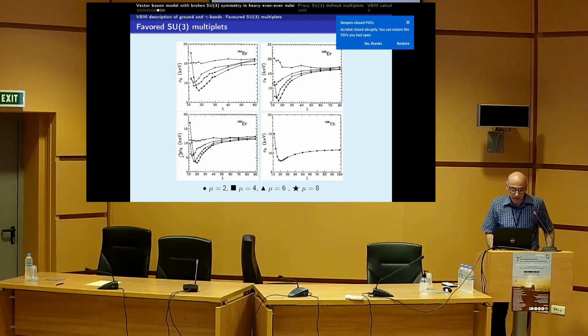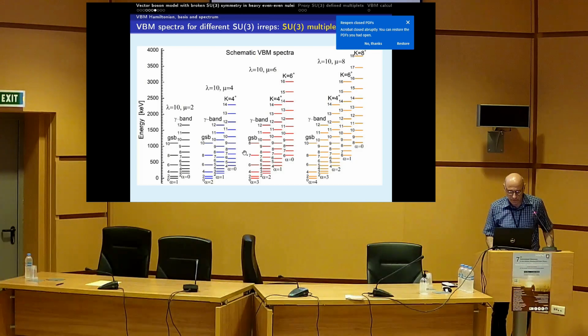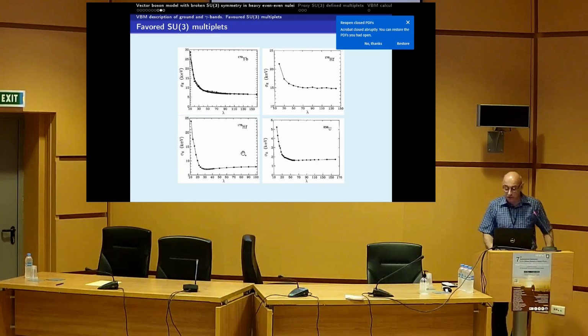Here is given the root mean square deviation for the description of both bands. They are described together with the transition rates, but here I give only the RMS factor. And it's seen that in some part of nuclei, in rare earths, there is some minimum for given values of lambda and mu. And it appears that this minimum is at mu equal to 2. And for other nuclei, it appears that with increasing lambda, all RMS values go to some saturation,